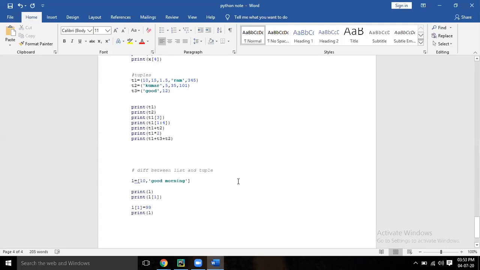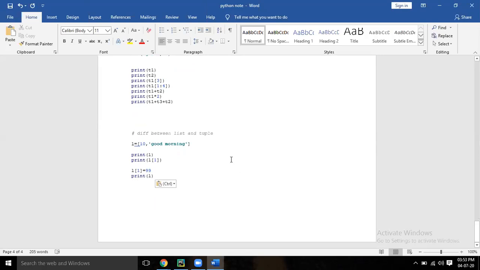Now let's do the tuple. Same thing. Go to your PyCharm.